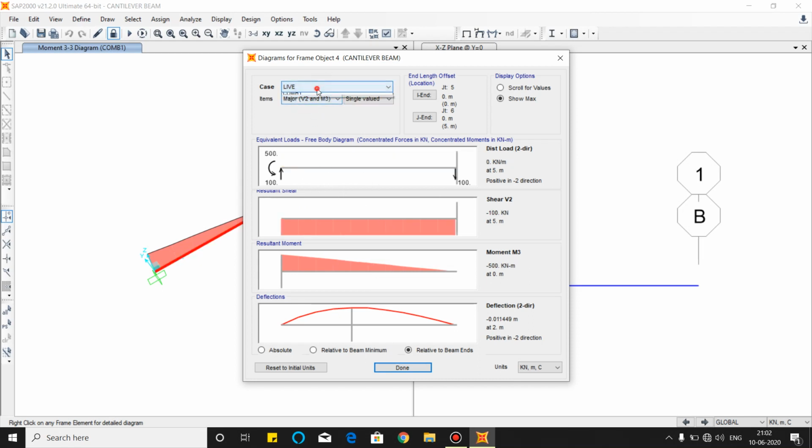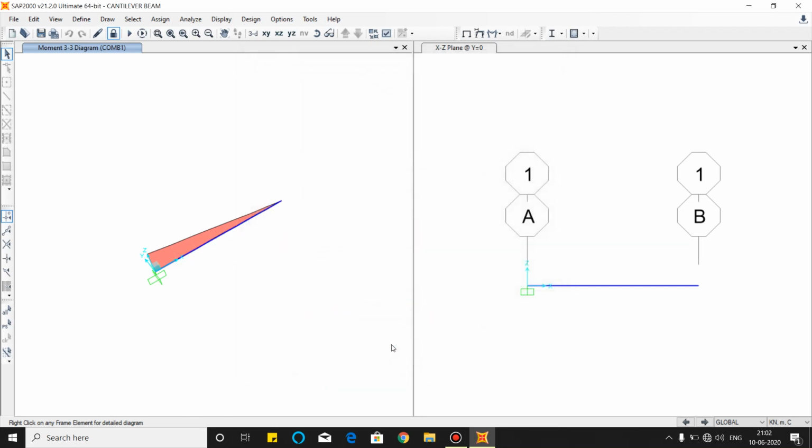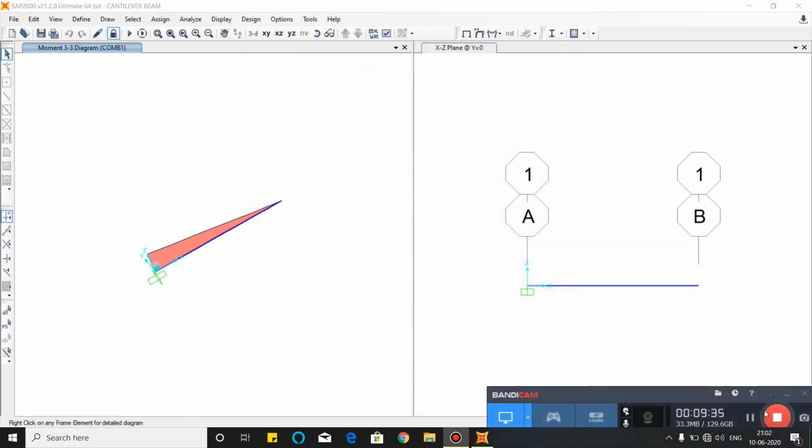This is the load. Okay, this is the cantilever. I am giving the 100 kilonewton load, and this is transferred to the support. You can easily calculate 100 into 5, 500 kilonewton. You have the load, and this is the joint at the end, and this is the maximum load. You can also see the live load. Okay, and this is the dead load. By dead load, this is 3.75 kilonewton per meter.